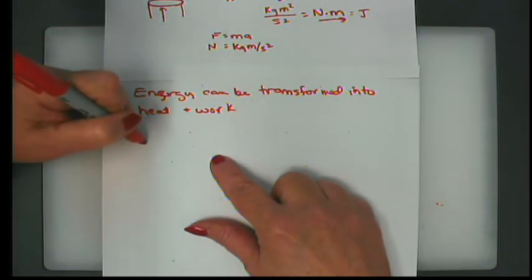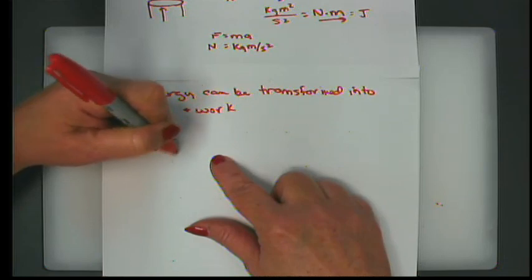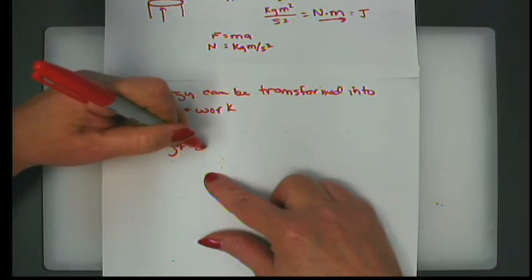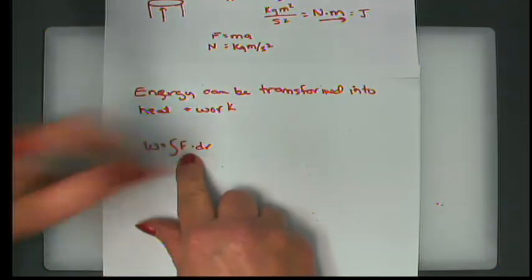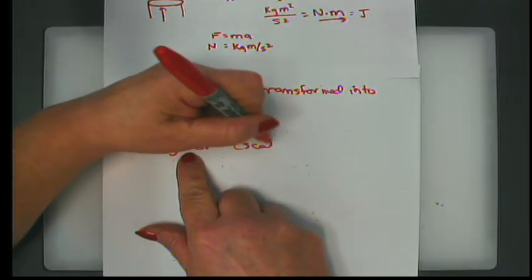And if you remember, work is equal to an integral of force acting through distance, a dot product. So there's a couple of consequences of this. One is you can see it's a force times a distance, for example, Newton times meter, so we're still back at the same units. The other thing is because it's a dot product or a scalar product,